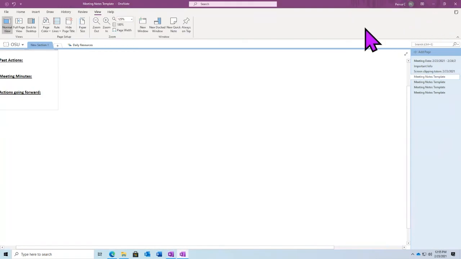So I recommend combining some of these tools that you have in your view area. It can make your experience with OneNote a lot easier and allow for really advanced multitasking, especially for students. That's something that is almost fundamental. So yeah, I just like to show that tip off.